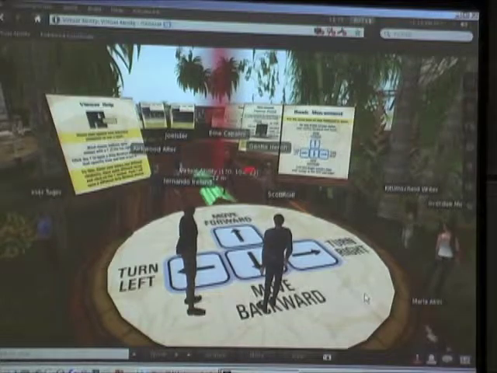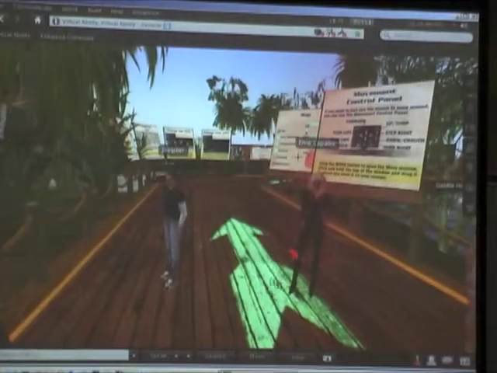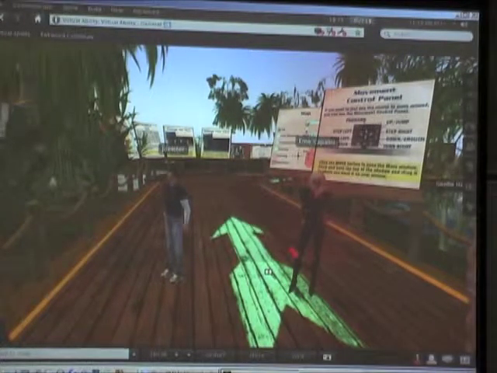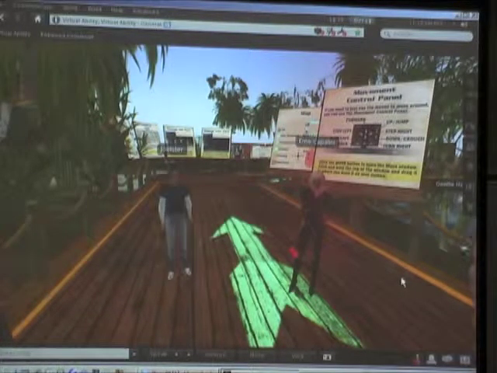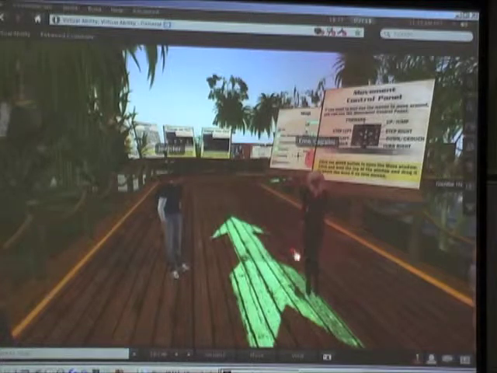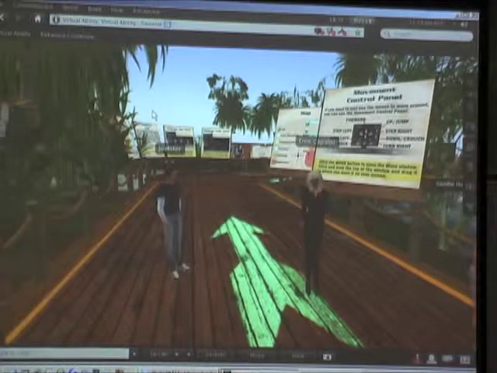If you look behind me, you can see that there's a green arrow that I'm standing on, and a straight path. So the first thing that we teach is how to walk with your avatar. And so we have a nice straight path. And actually, if you highlight transparency, you'll see that there are clear barriers up so that people can't get off the path. And you can imagine somebody that can only use one finger to walk around or to do anything that they need to get around in Second Life.